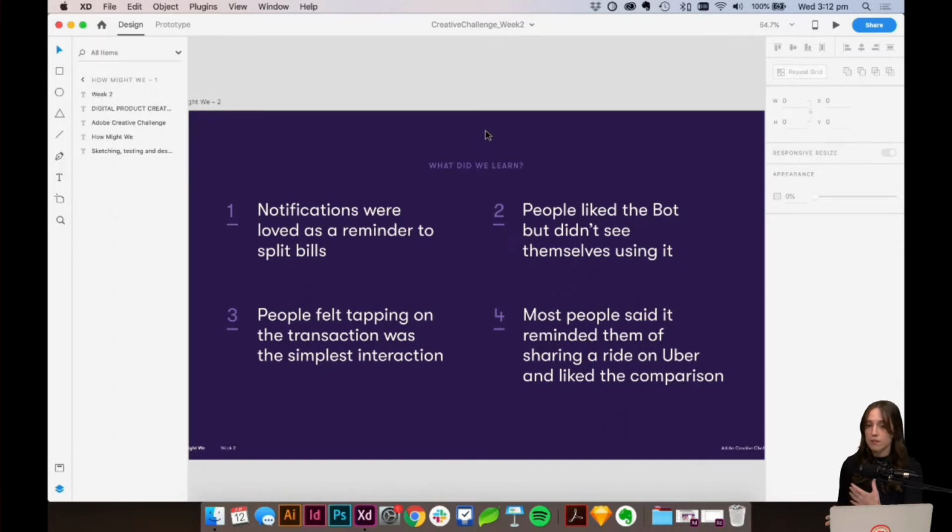a way to remind them to split bills, because often they'll forget. They'll go home, they'll go to bed, they'll forget that they paid for that stuff, and then it comes down to, oh, I need to dig into how much it was, who had what, did I save a receipt, all that sort of stuff. So notifications were really good so that at the time they made a transaction,